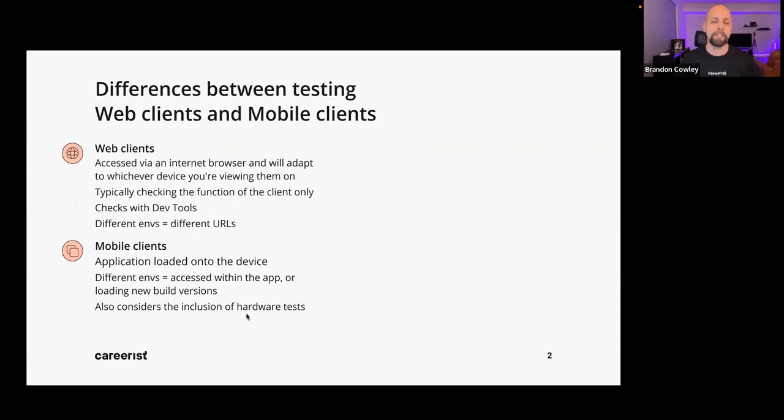And when you're accessing different environments, you would typically do so via different URLs. You may know this already, but when we're working on a web app or a website, you will access different versions of that site depending on what stage of the release you're in. Developers first start off in their dev environment. That's like their sandbox, where they're kicking around code and making sure things work initially. Once things work there, they move it out to the QA environment, and that's typically where we first get our hands on it.